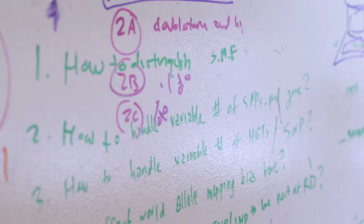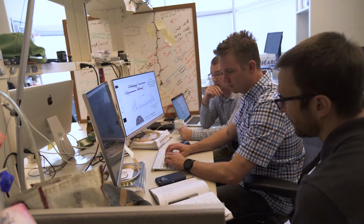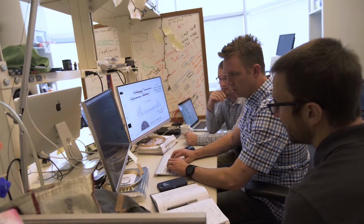If we sequenced your genome today, we would generate about 200 gigabytes of just raw data. And when we're doing that for thousands of individuals, it becomes a massive data set very, very quickly. So the first thing that we did, and that was part of my contribution to coming out here, was putting together the compute infrastructure so that we could apply the right algorithms and the right statistical methods to process that data as efficiently as possible and go from raw data to insight about genetics as quickly as possible